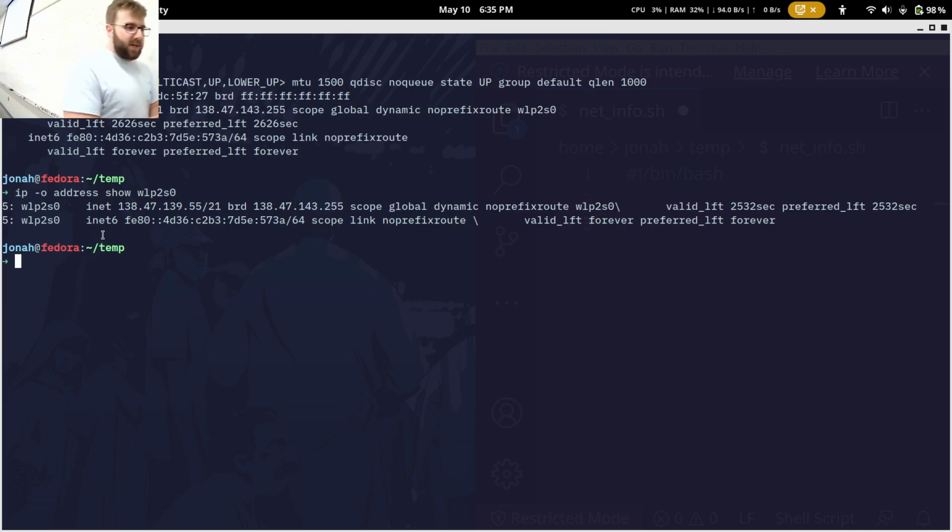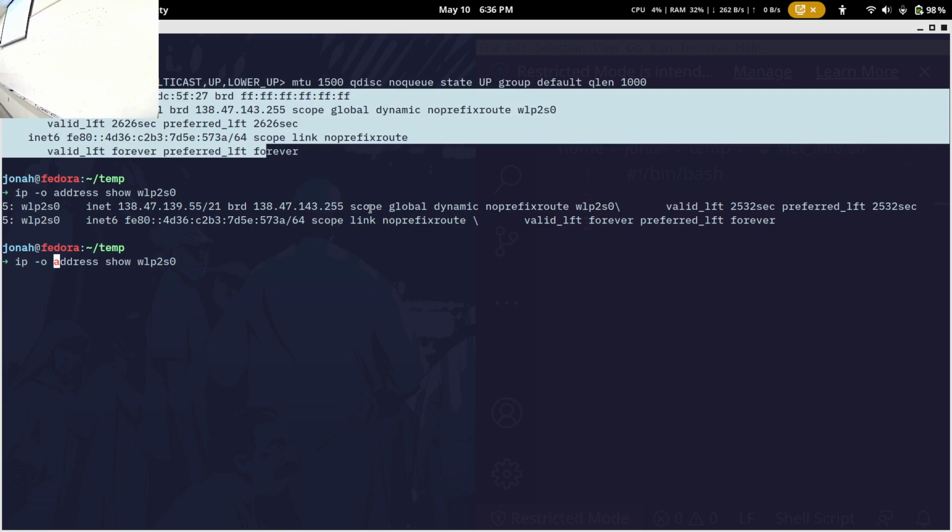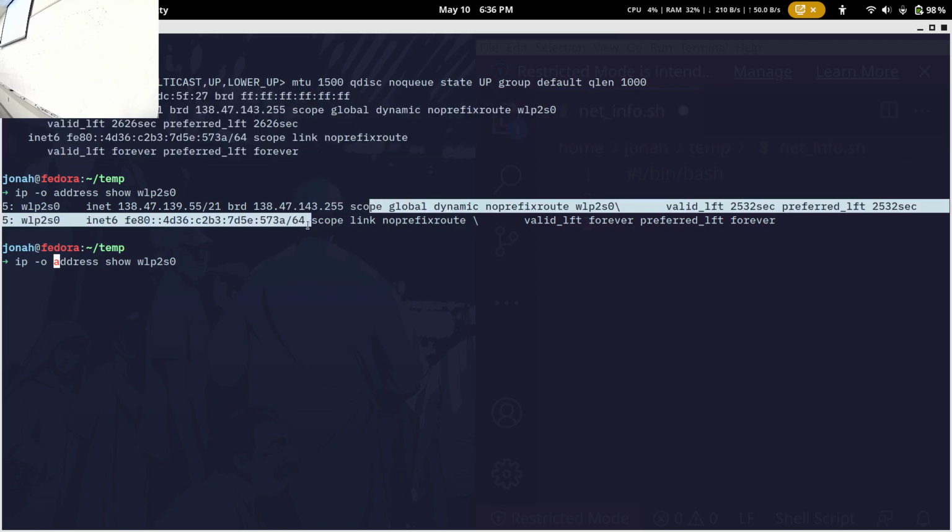Anytime you're inside of the terminal and you're doing commands, commands will often have something called flags. That -O that you see right there is an example of a flag. In this case, what it'll do is take all that information you see at the top and try its best to put it all on one line for us, which is handy.